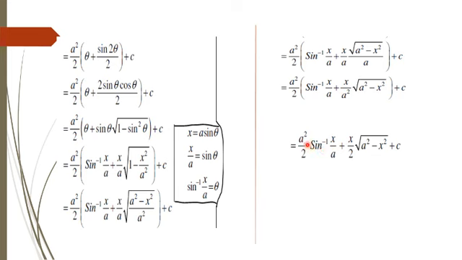So our final answer, that is our right hand side, is a square over 2 sin inverse of x over a. Opening the bracket, a square over 2 multiplied by sin inverse of x over a gives a square over 2 sin inverse of x over a. And when a square over 2 is multiplied by x over a square, the a square cancels and we have only x over 2, with square root of a square minus x square plus c, which is our right hand side. Students, these two parts of question number 8 are very important from the examination point of view.